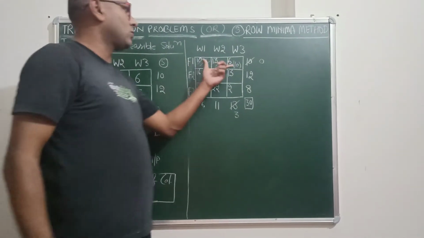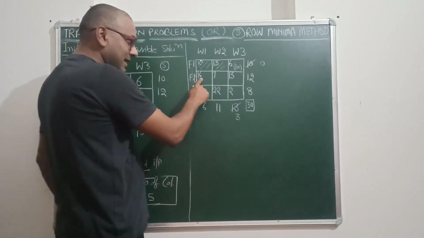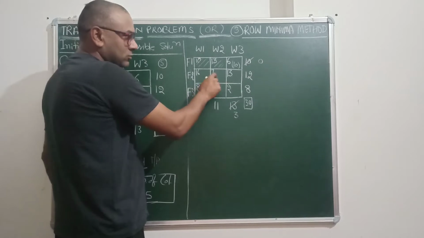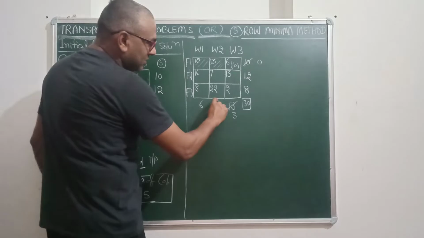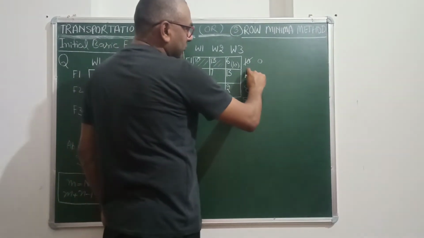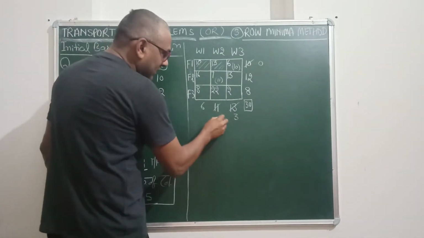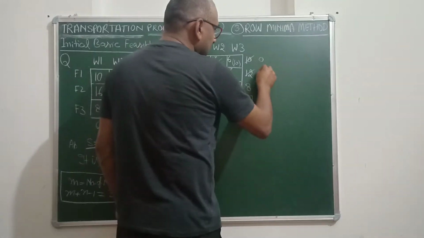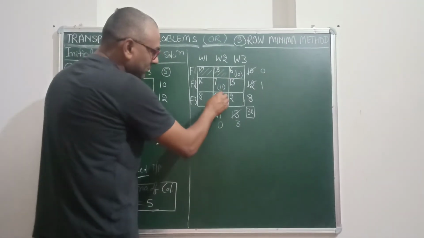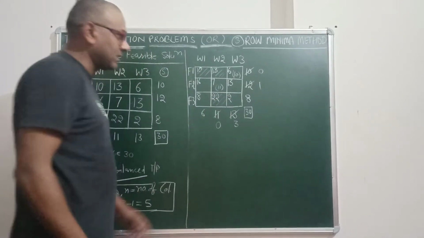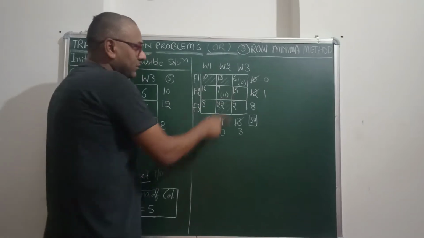Okay, now as row 1 has been completed, we have to move towards the second row. Now in the second row you will see that 7 is the minimum unit cost, so the next allocation will be made to this cell. Okay, here you will see that the demand is 11 and supply is 12 units, so all 11 can be supplied here and the demand becomes 0, but the supply remaining is 1 unit. Okay, now you will see that no further allocation can be made to this warehouse, so this has been cancelled.